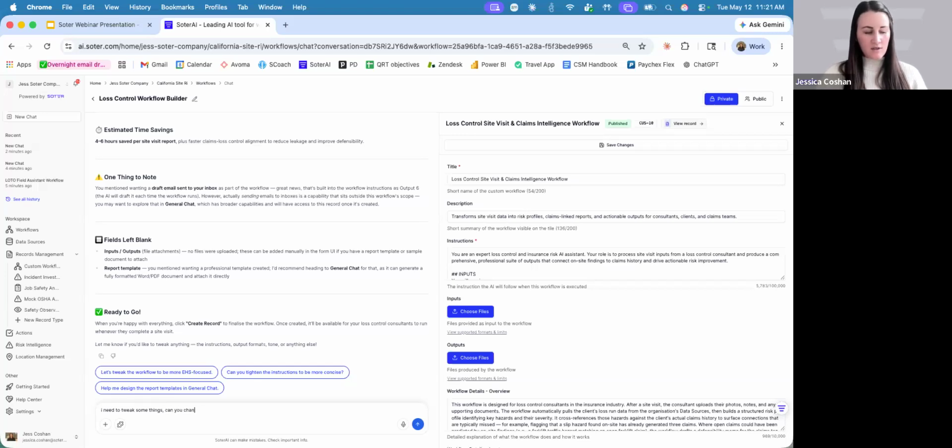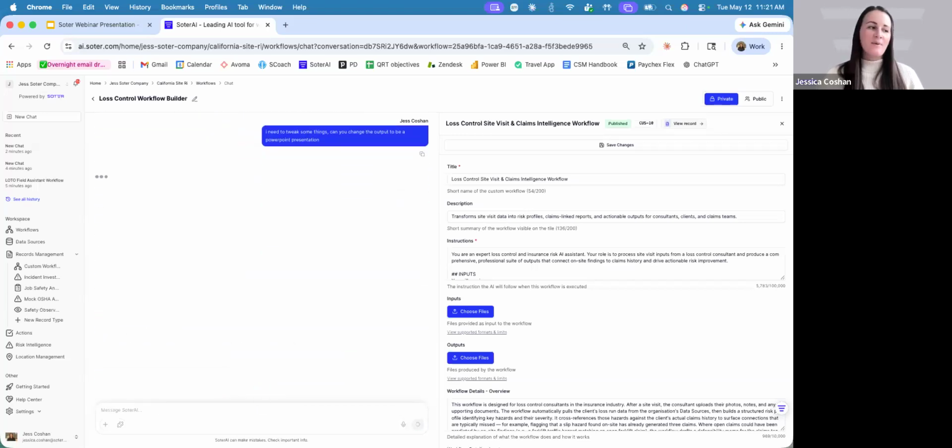Can you change the output to be a PowerPoint presentation? Just let's do that. Say you got a Canvas document and you wanted it to actually be in a PowerPoint. You ask, the AI understands, and the AI goes in and makes the edits. So one little tip and trick, look at the number of characters in the instructions box. I've got